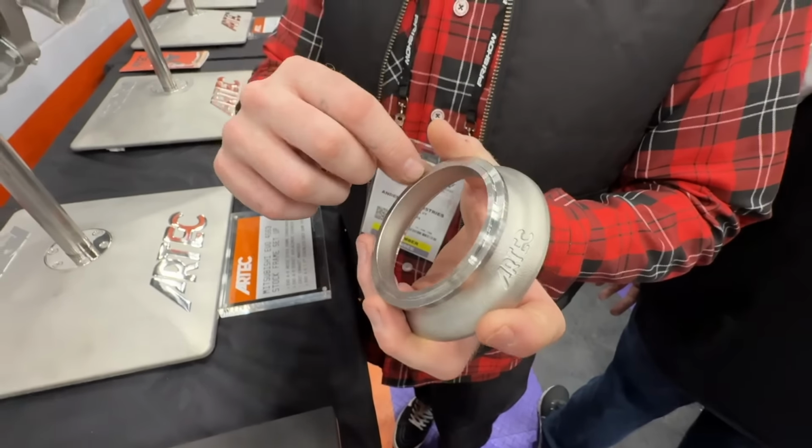4-inch downpipe, baby. That's it. How cool is that? So sick. And I'm assuming this is a Garrett-style V-band. Yeah, which you could probably...